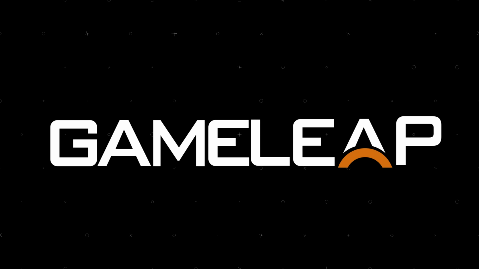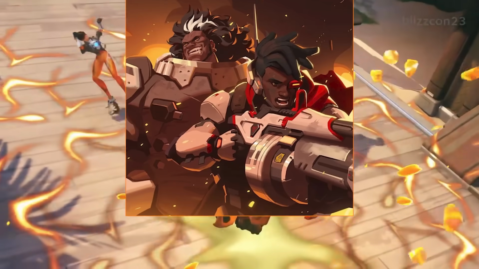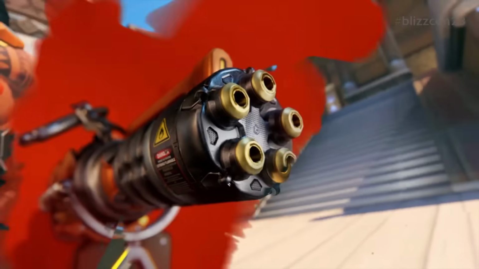MAUGA has finally been announced, and with how many leaks and teasers were leading up to his reveal, it was pretty obvious it was going to be him. With some old sprays featuring him and Baptiste being updated in the game and the Samoa map being released, even featuring some Easter eggs like his massive shirt and a book with Baptiste's picture circled, it was kind of a